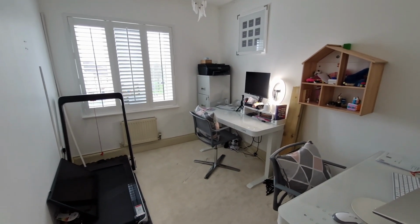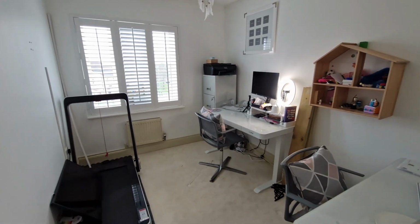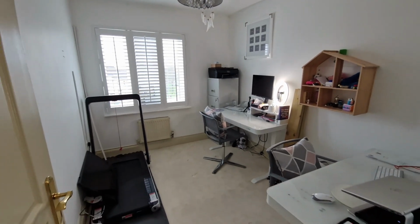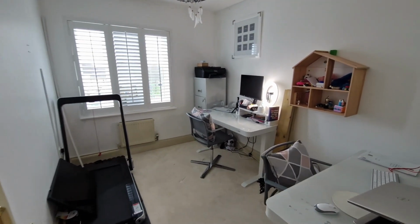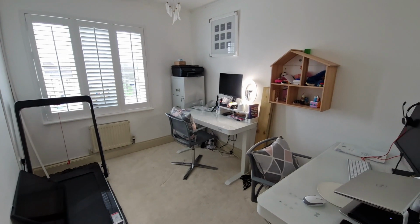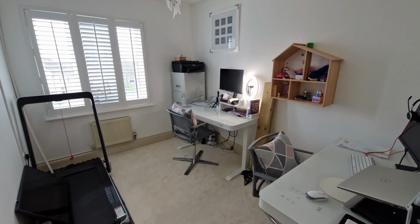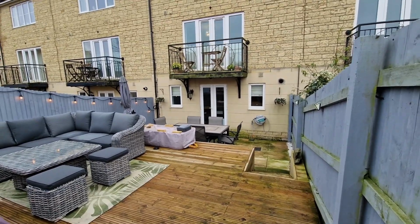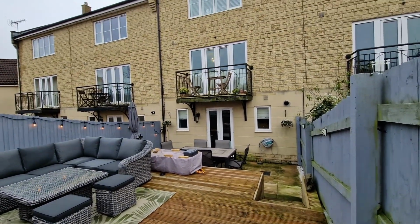And what's really nice is that as you're at this top level, the views over towards the rest of Katherine Park from here are absolutely superb. So let's take you outside now and show you the garden and the extra bits outside that really do help complement this fantastic home. To start showing you the garden from the back corner where we've got the side gate,